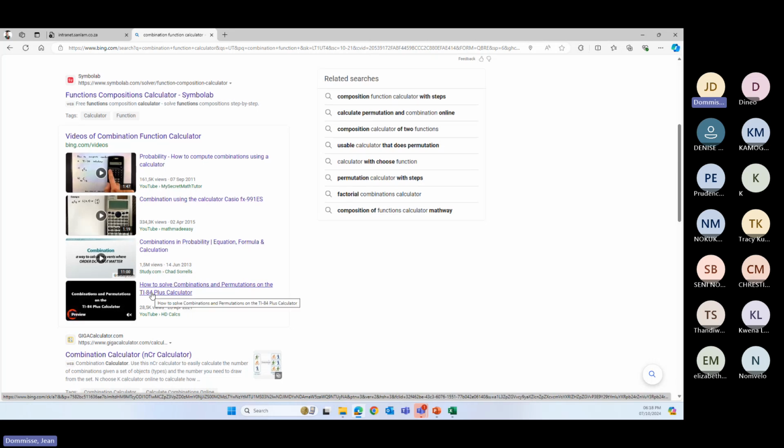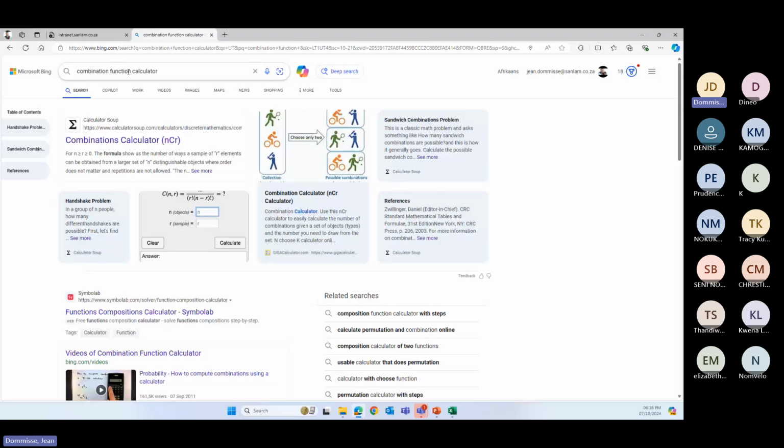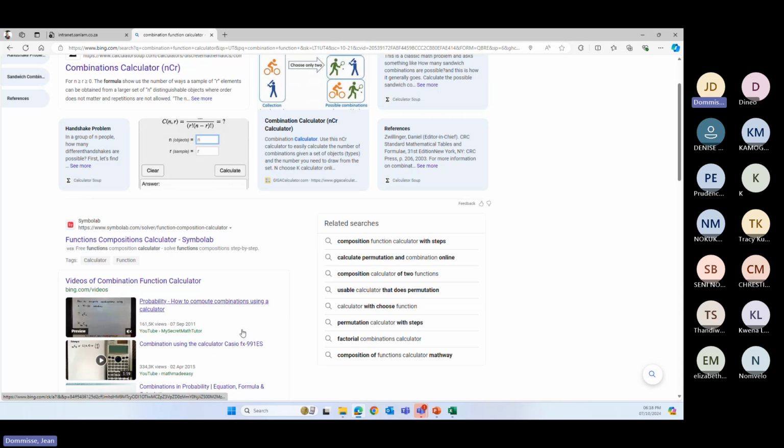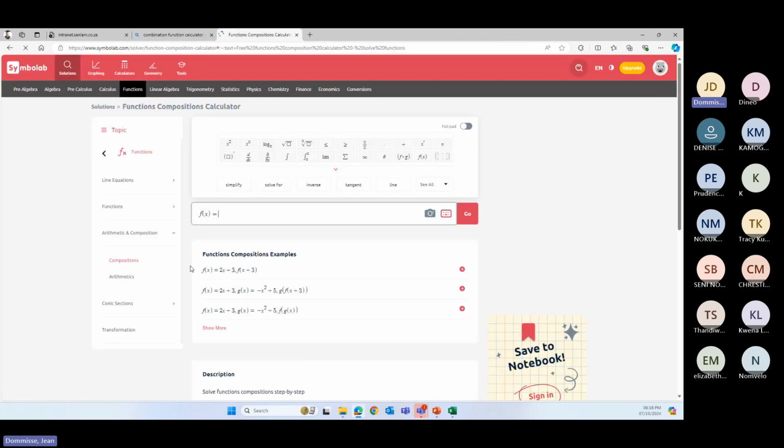There's also a nice one on some of the other calculators that you can use. What is nice also, if you don't have a financial calculator and you want to test this out,